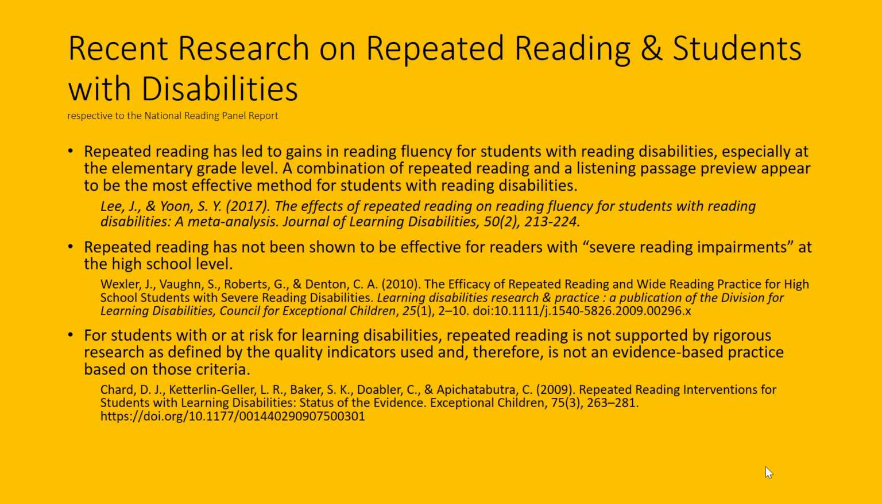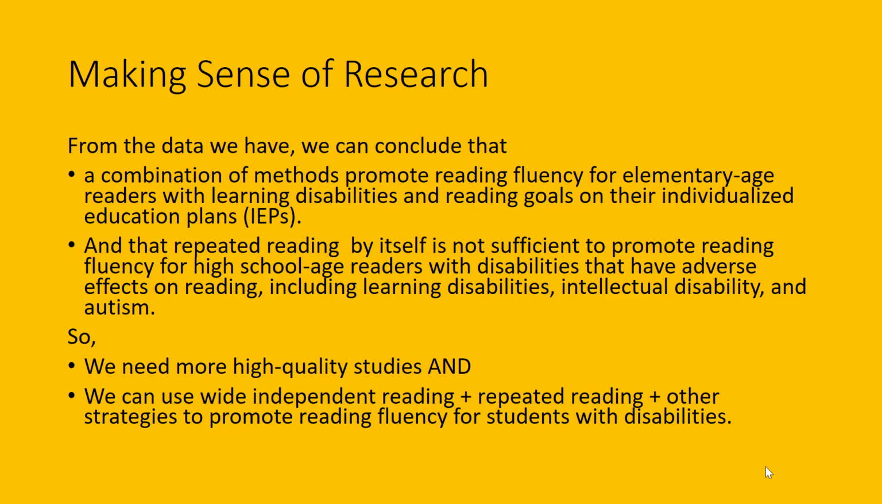So you might be detecting contradiction or confusion over the 3 points bulleted here. Let's try to make sense of the research. From the data that we have, we can conclude 2 points. One, a combination of methods promotes reading fluency for elementary age readers with learning disabilities and reading goals on their IEPs. The second point is that repeated reading by itself is not sufficient to promote reading fluency for high school